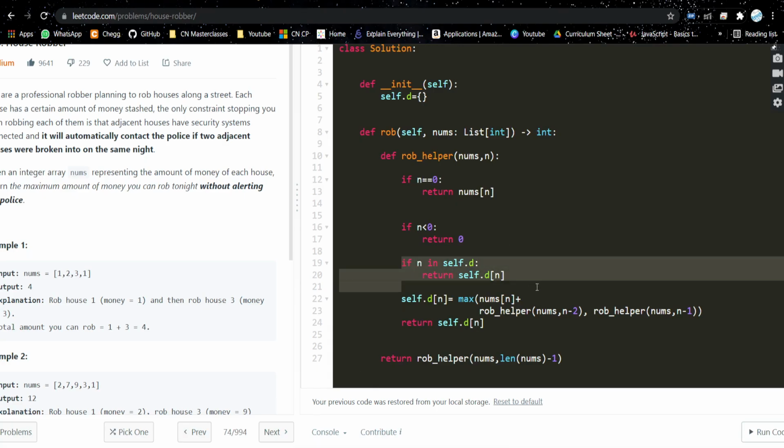So this is memoization. If the result is already computed and stored in the map, just return the answer from the map. Otherwise we store the current answer in the map, and the current answer will be the maximum of the current amount plus n minus 2, and n minus 1. Why n minus 2?